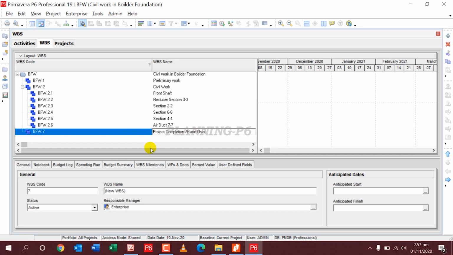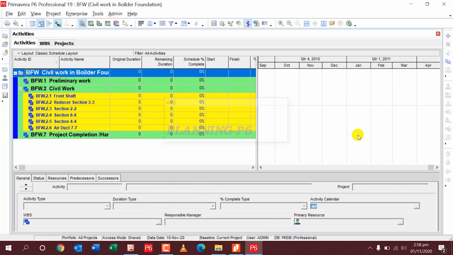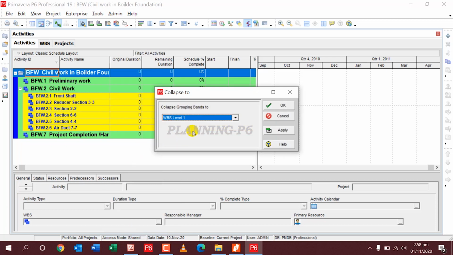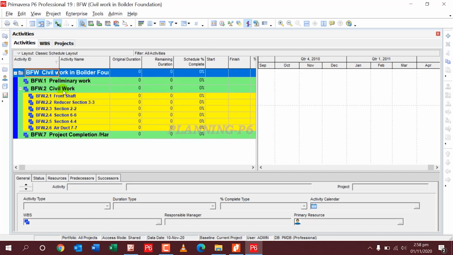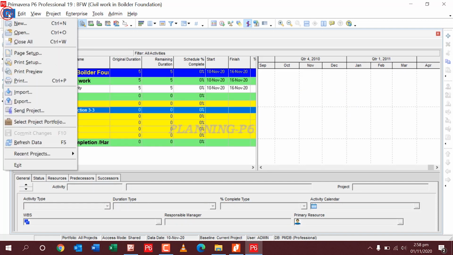So when we go there, here I can see, and I will just press F5 button. So you can see here all the WBS, and if somebody says that I need a schedule of this WBS level, you can see here this is 3 WBS level. If you want to increase, you can add more WBS here. So this WBS I have here, I will just create an activity here by insert button. So I will go here and export this one,